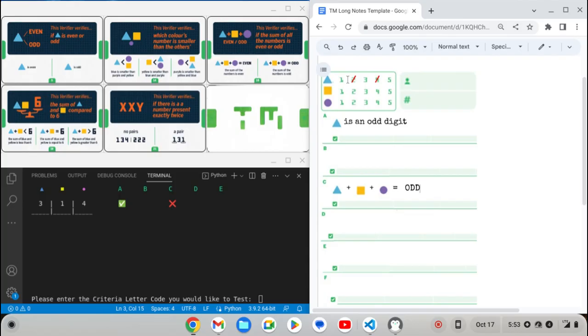Okay. And so let's go ahead and test criteria card E to see maybe there's a pair or not. So let's go ahead and test E. Okay, so it does approve of my choice of 314. Notice that in this scenario, or for this criteria card, all the digits are distinct. So that means that the solution has no pairs. So let's go ahead and type that up in section E. And we'll say that the solution,